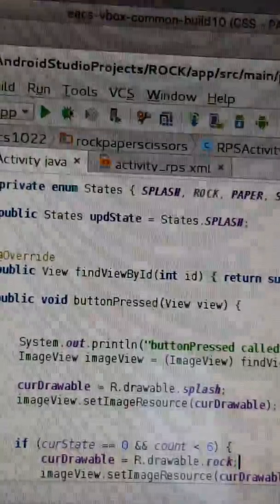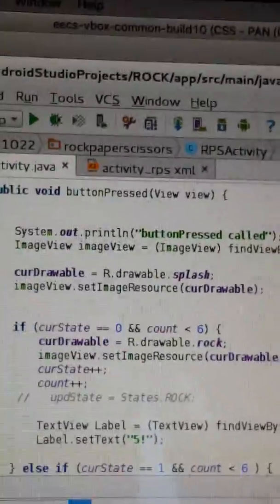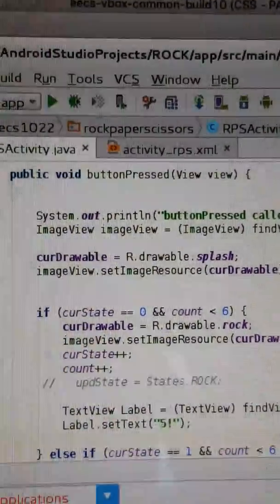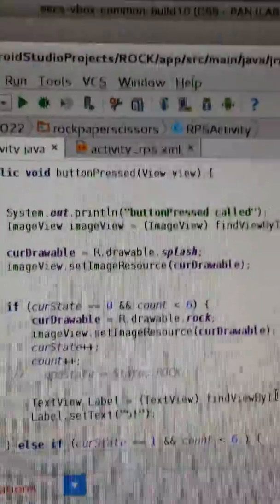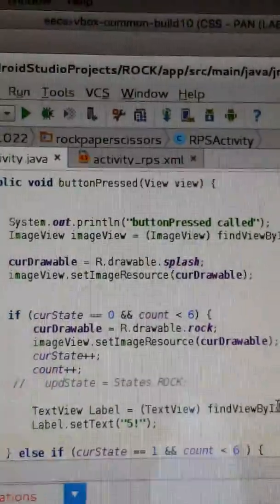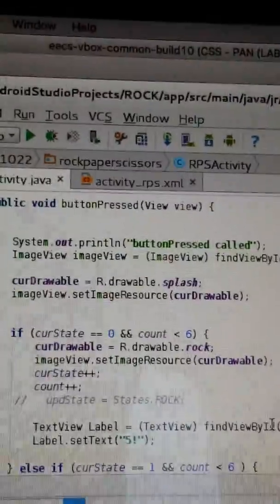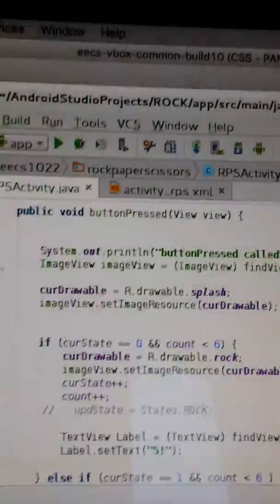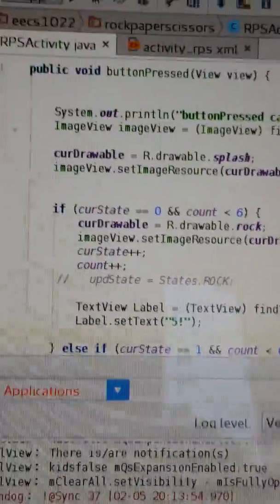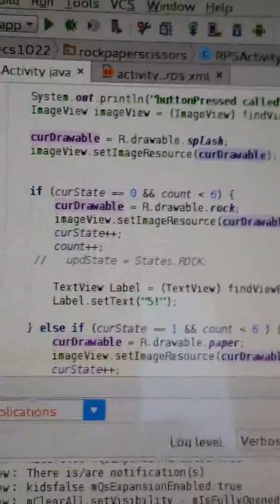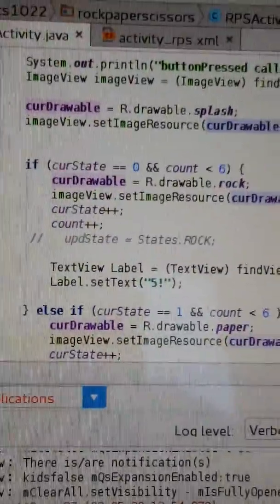Let's scroll it down. Now begins our if-else statements. It's a bit lengthy, so bear with me. We have cur state equal 0 and count less than 6. Cur drawable equal R.drawable.rock, and image view.setImageResource to cur drawable. What this will allow us to do is now put the rock image after the button has been pressed as our home screen button, as well as our main image view, and then increment cur state plus plus and count plus plus, allowing us to set up for the next phase within our rock, paper, scissors